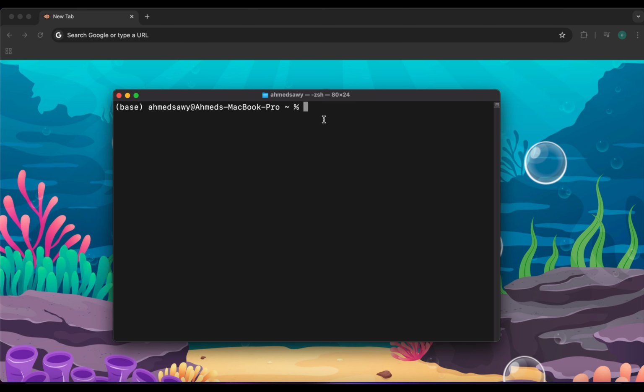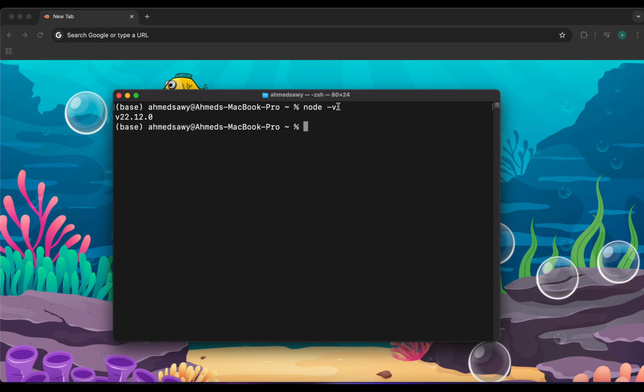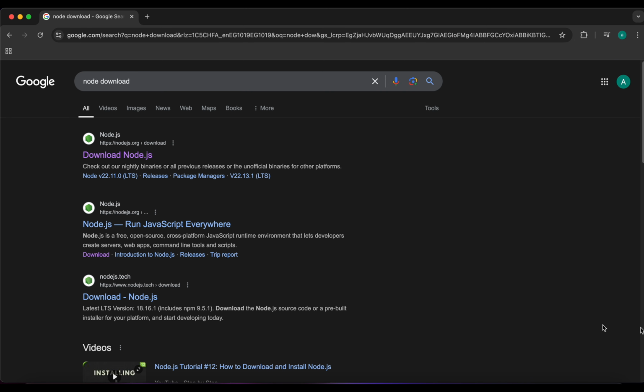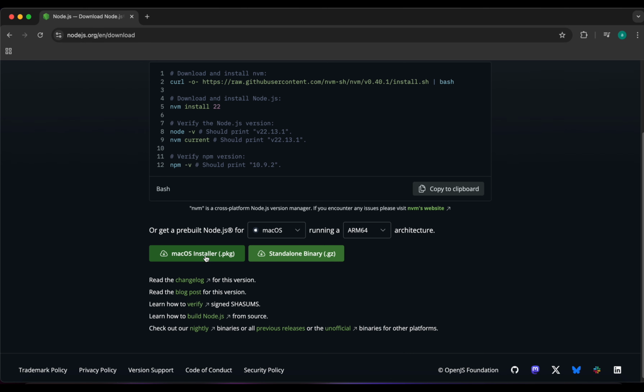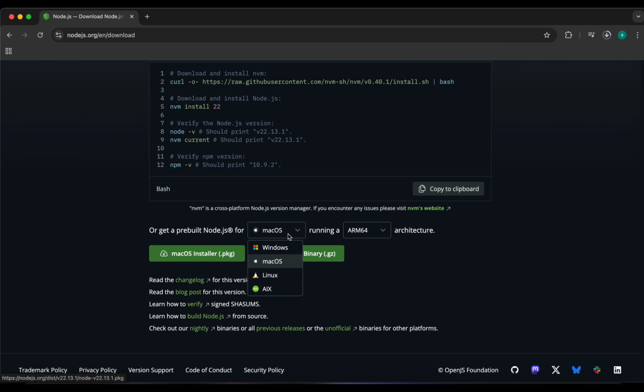Because I installed Node, if I just type node -v, I can get the version of Node 22, but I assume you didn't install it yet. So in Google, just type Node download and press on the first link here. Then, because I'm using Mac, I get this Mac installer and I can press here and download it. But if you are using Windows, the default is Windows like this, and just choose your architecture